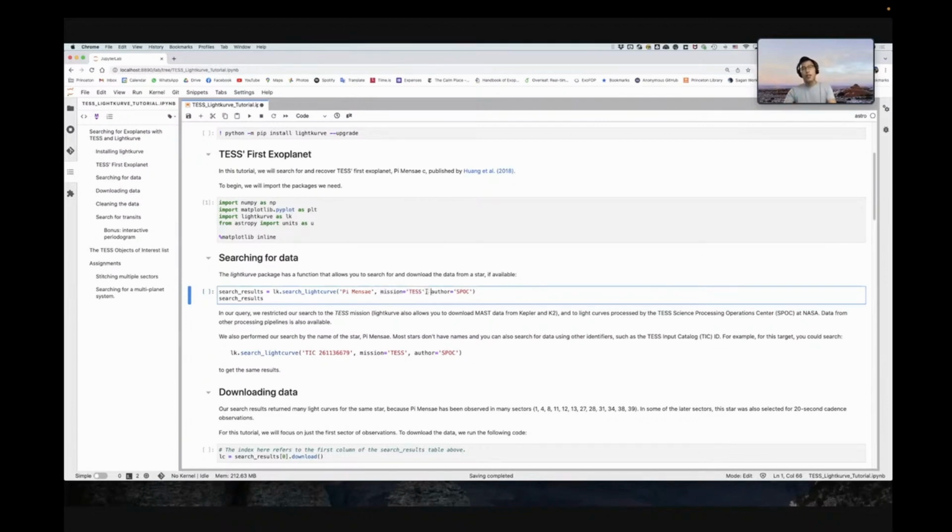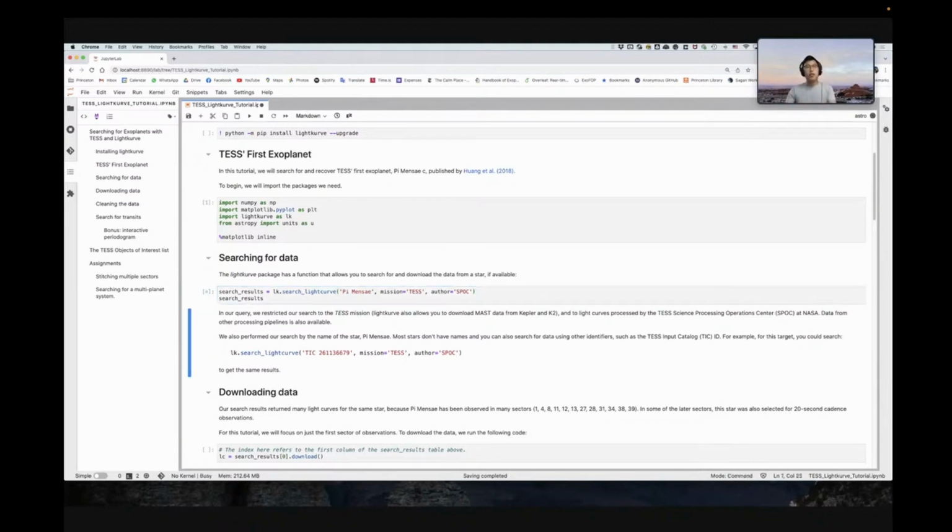And in this particular case, I've also selected the author to be SPOC, which is the TESS Science Processing Operations Center. And so basically, there are various pipelines that have processed the TESS data, and you can find all of them online, but today we'll just focus on the SPOC pipeline, which is the official NASA pipeline to download the